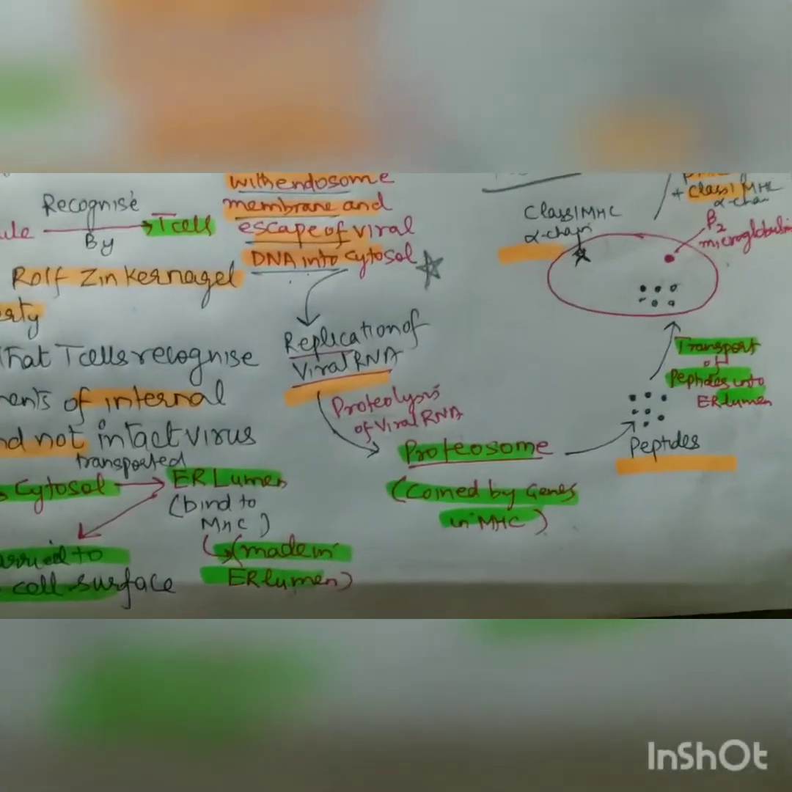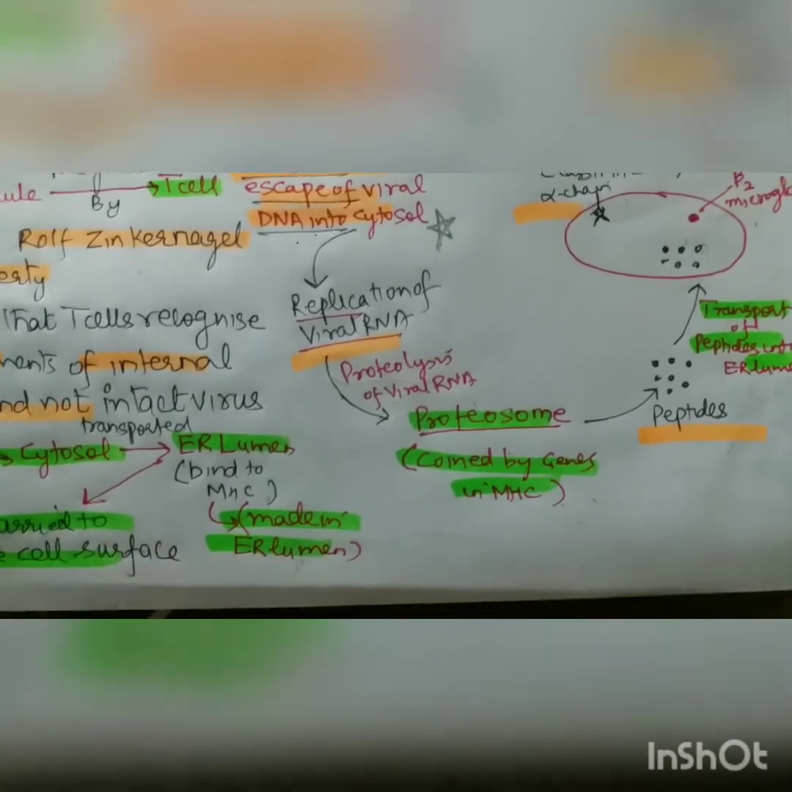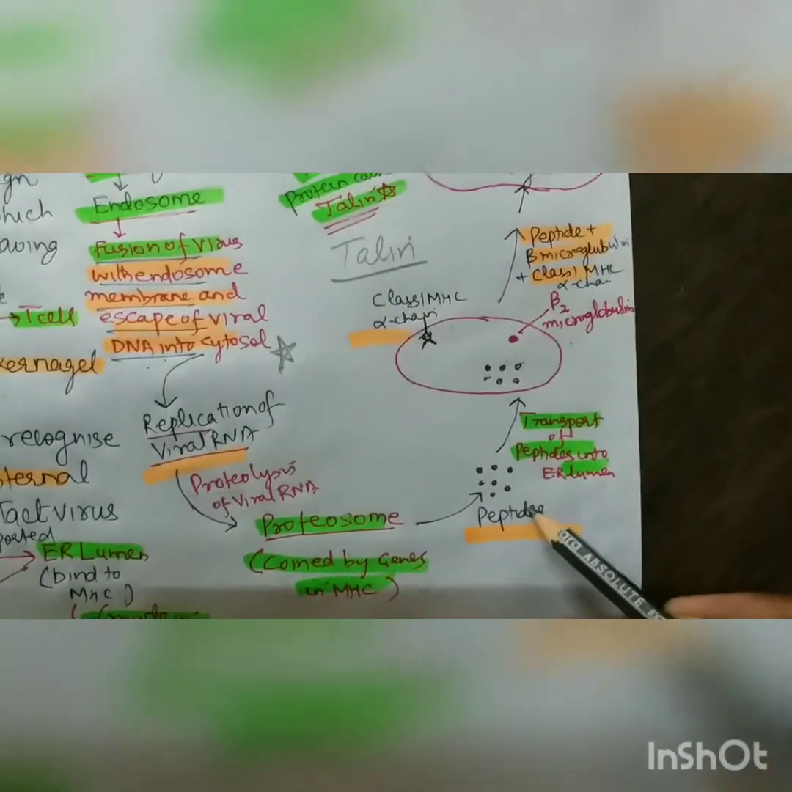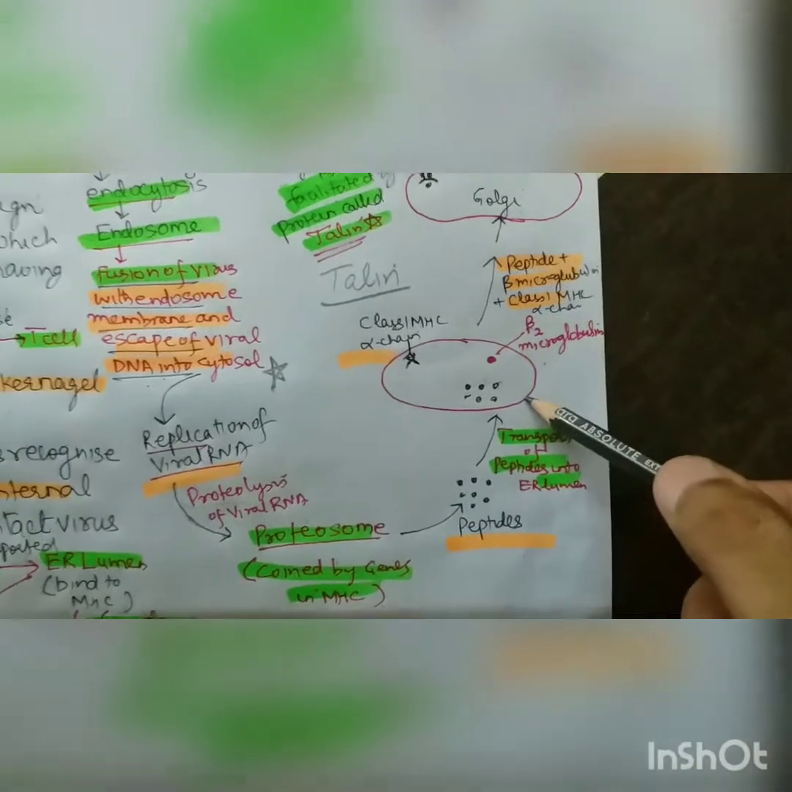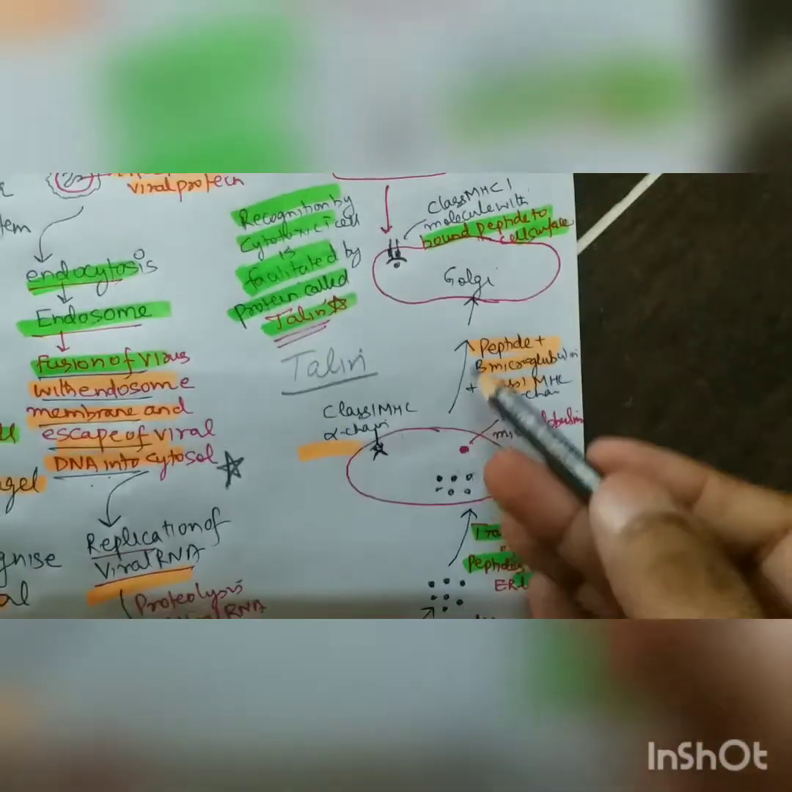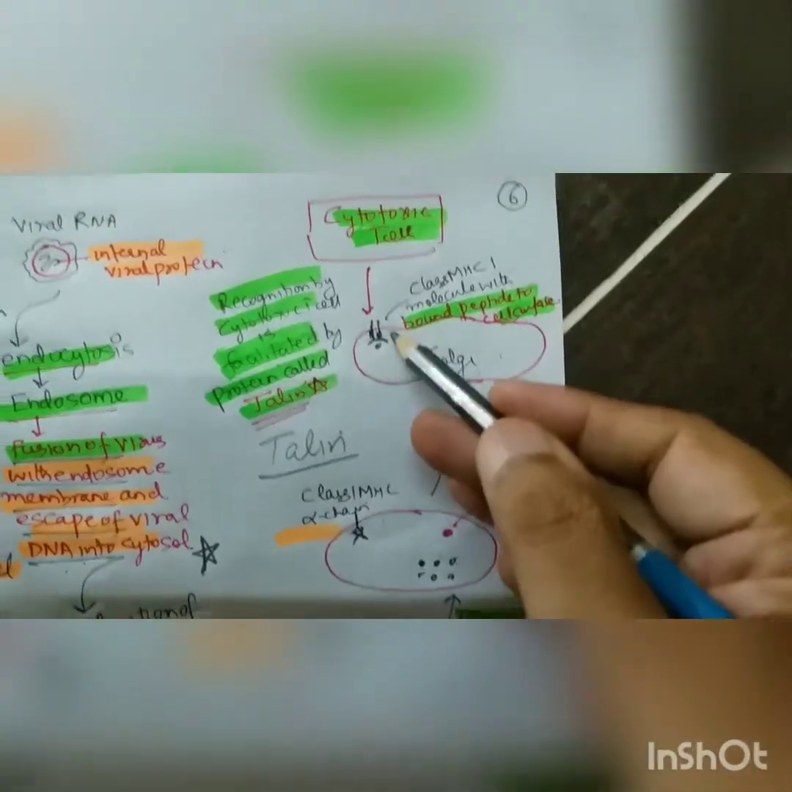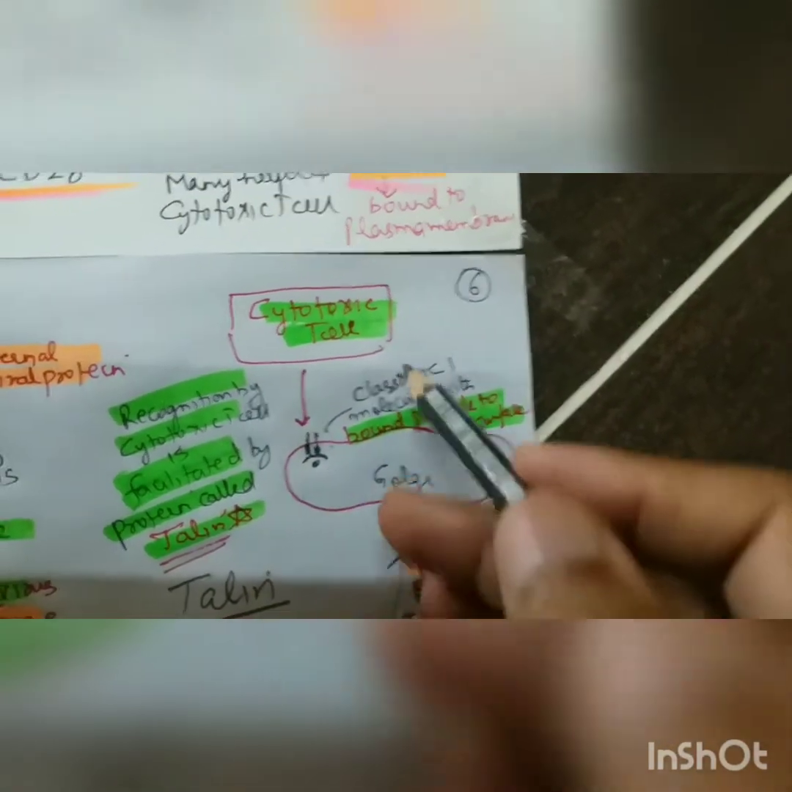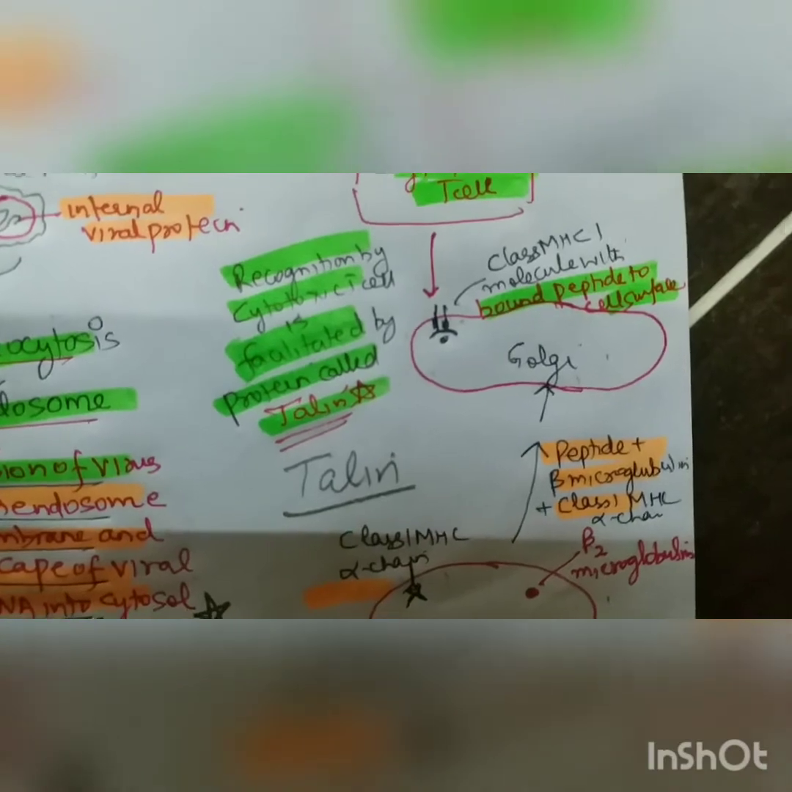So replication of viral RNA and then proteolysis of viral RNA by proteasomes, which are coded by the MHC genes, changes it into peptides, and they move to the ER lumen, the endoplasmic reticulum, where they combine with beta-2 microglobulin and MHC1. Then they transfer to the Golgi, where it comes to the surface and is recognized by the cytotoxic T cells, right? Cytotoxic T cells recognize MHC1, and the recognition is facilitated by a protein called talin. This question will also come,